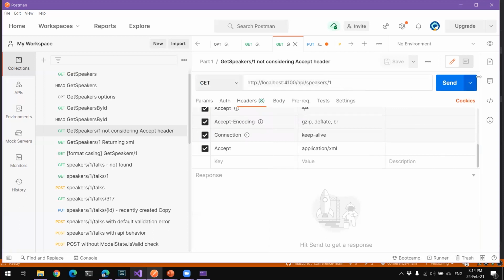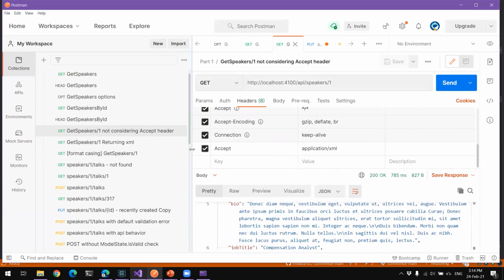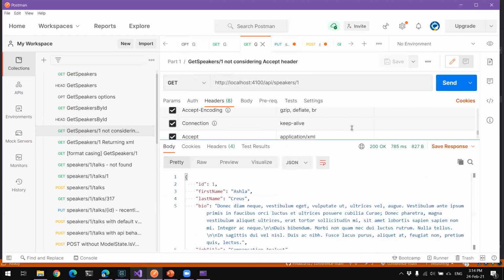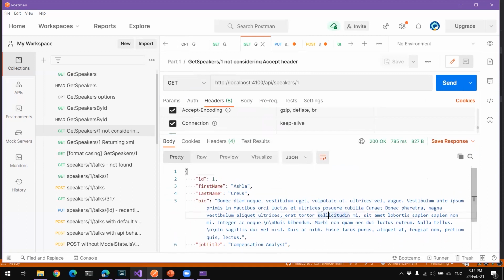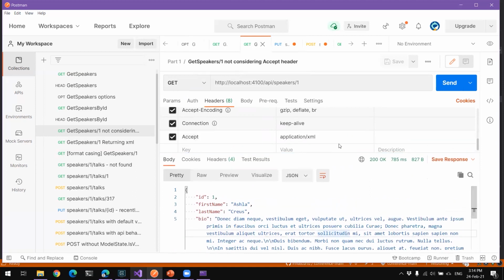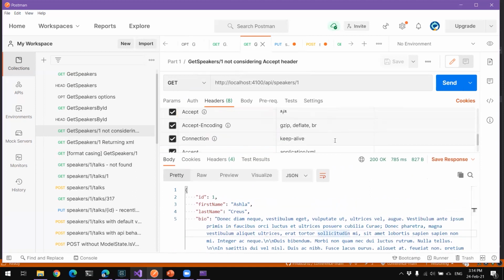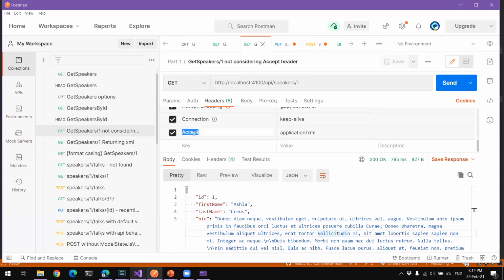But with get and a .NET API, if you issue a request, you'll see that everything that comes back is JSON, because that's the way it's created. It will return JSON no matter what you specify in the headers. For example, in the accept header, you can specify the format you as a client expect from the server. So if I write here that I want application/xml, this won't be taken into consideration. It will return JSON no matter what, okay?